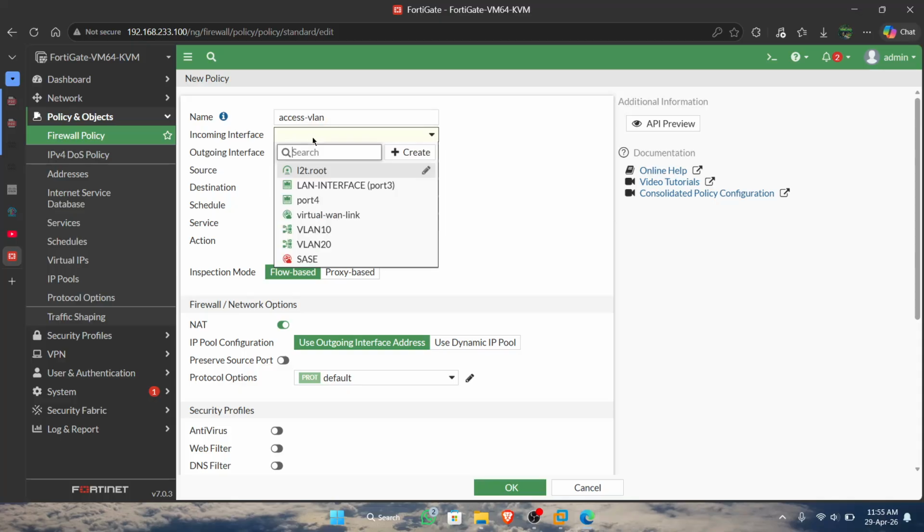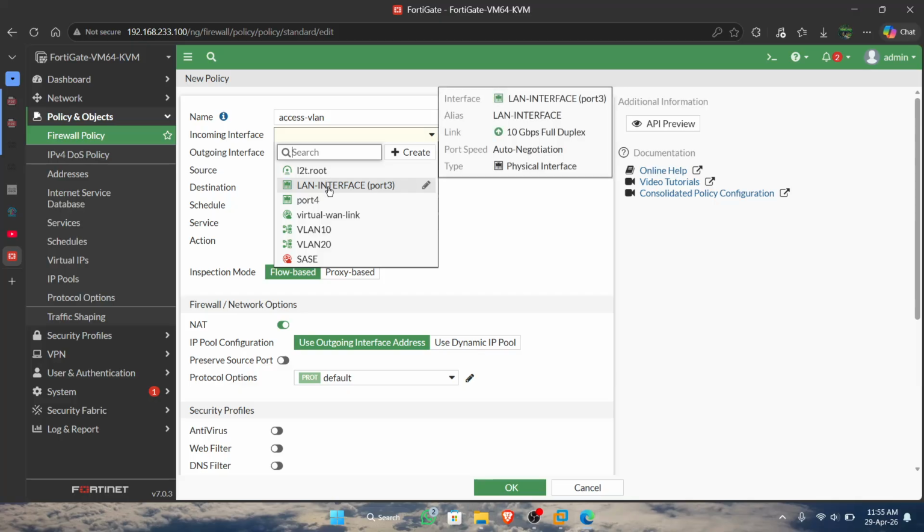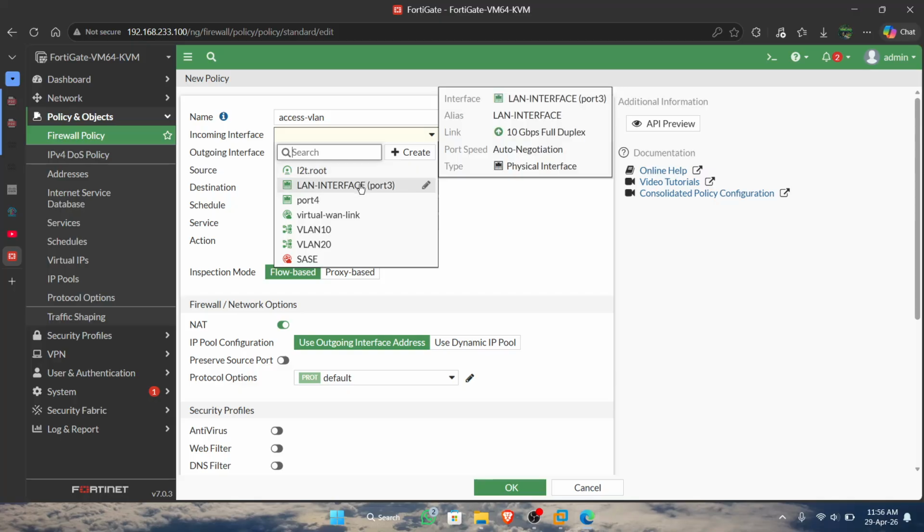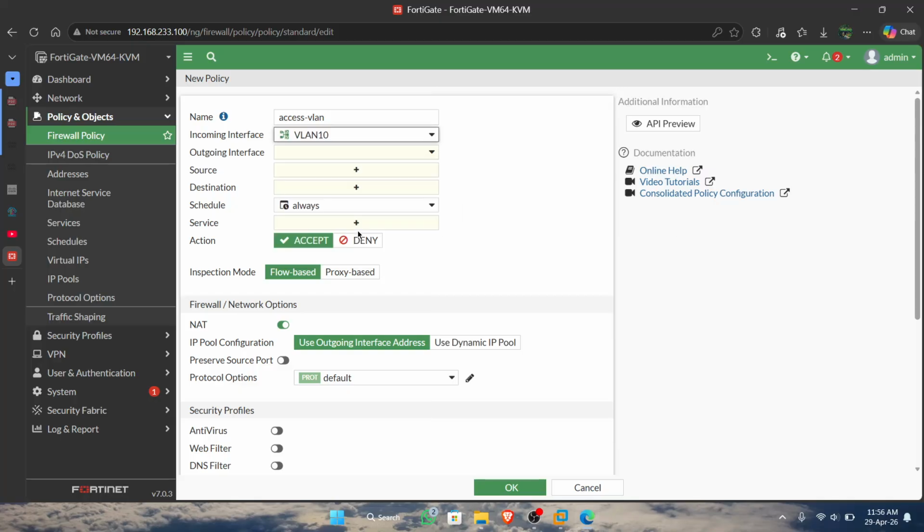Select the incoming interface. For the incoming interface we enter VLAN 10, because these are the firewall rules for VLAN 10.